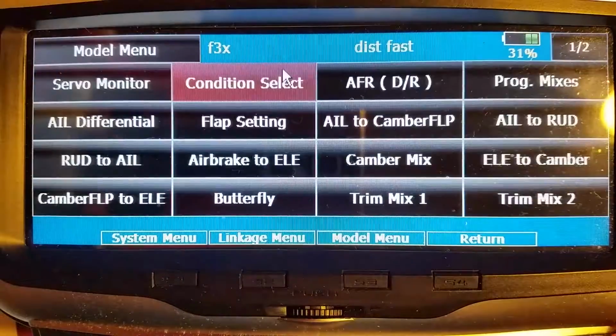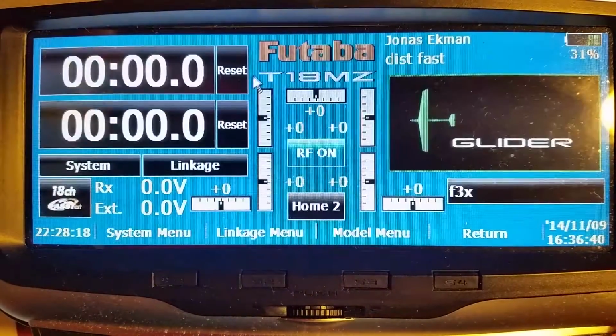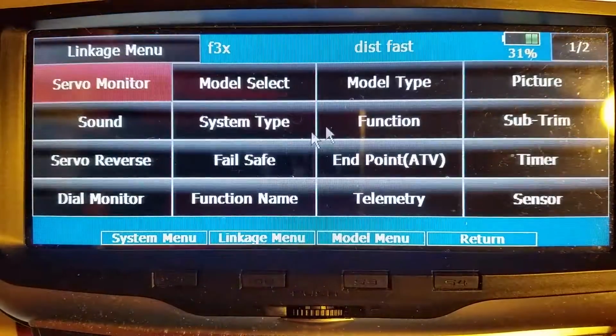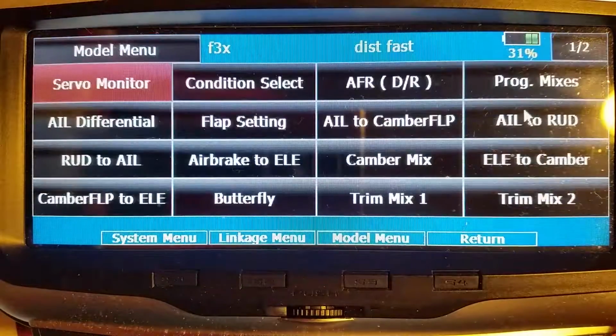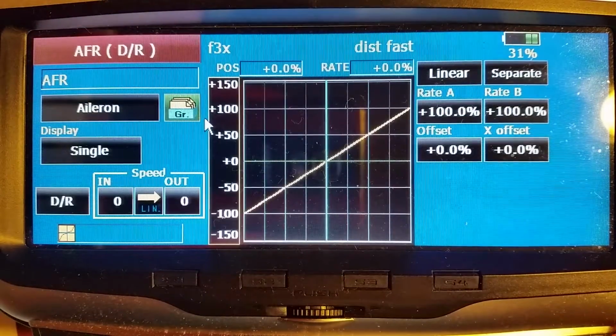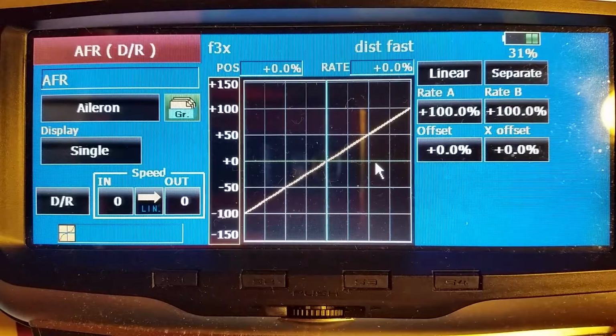Okay, going back to the throws. We are going into the linkage menu, just ensuring that we have the throws on aileron, etc. The AFR section here is a very important one, because here you set the performance, or how you want